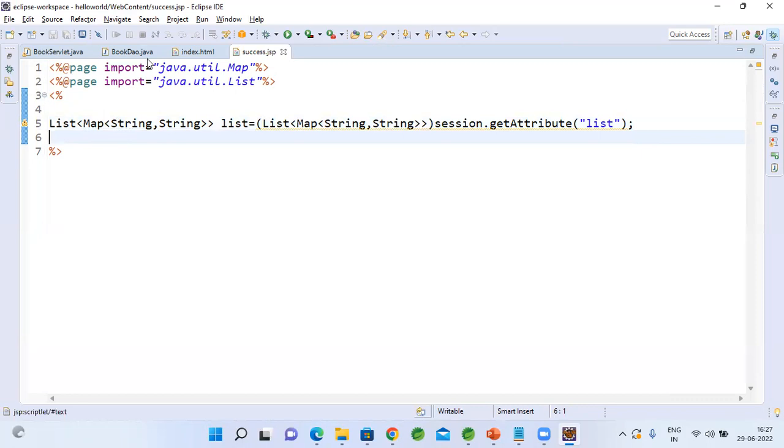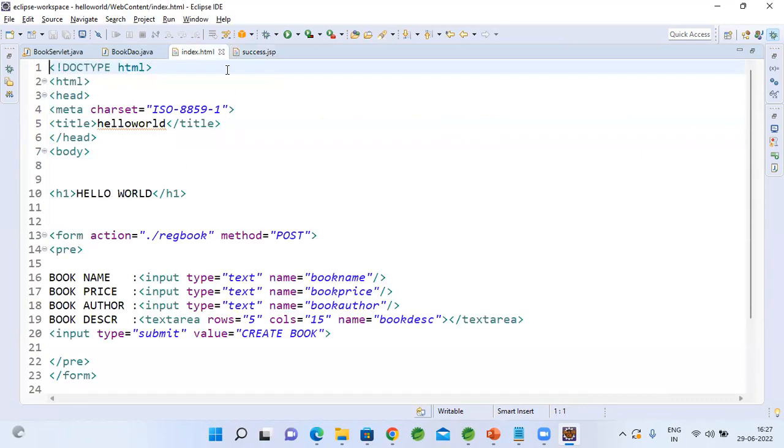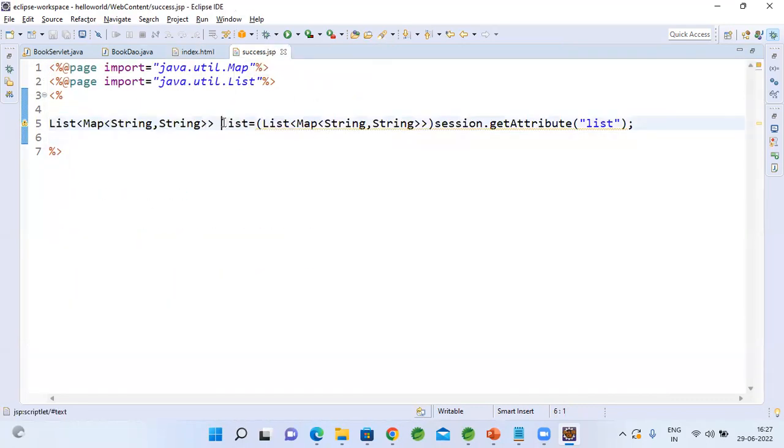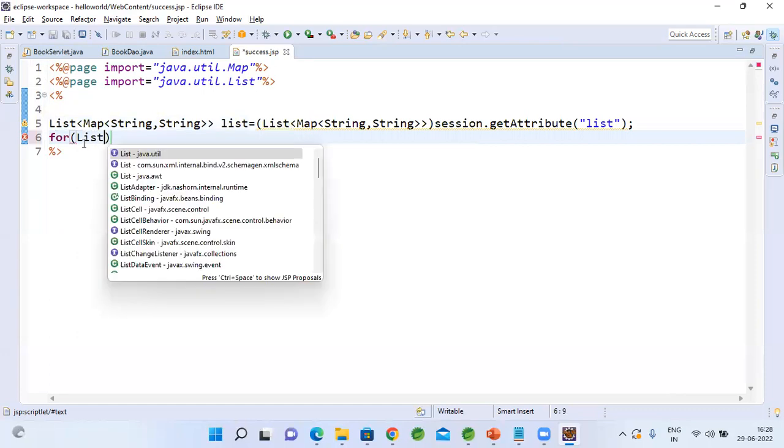Yeah, because dynamic behavior. My HTML will not have any dynamic behavior. So to get the data and write iterations, looping through it, everything I need to do in a page. So that's the reason I'm using JSP. Now you can iterate here. You can write for loop for each list object,